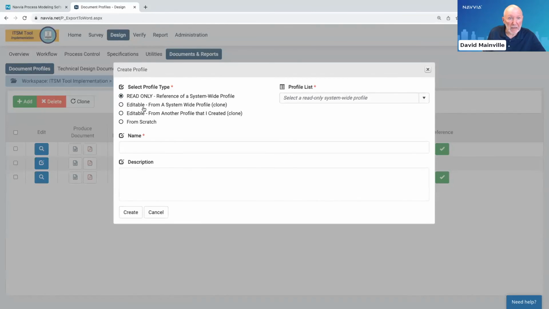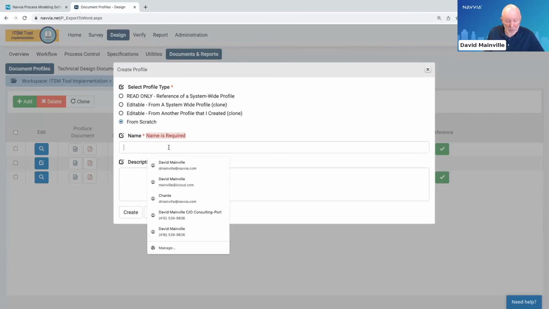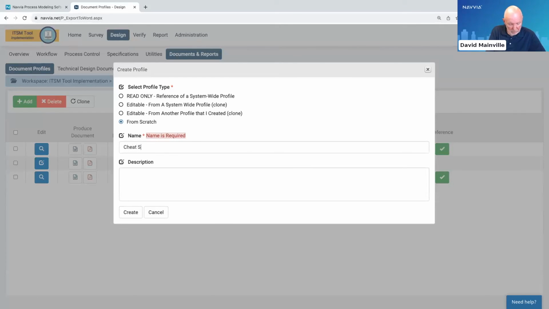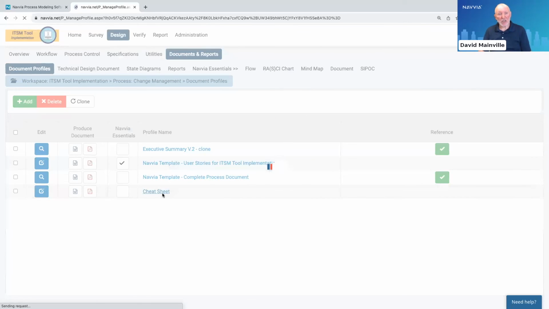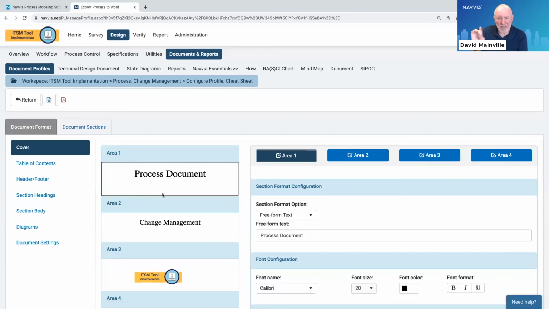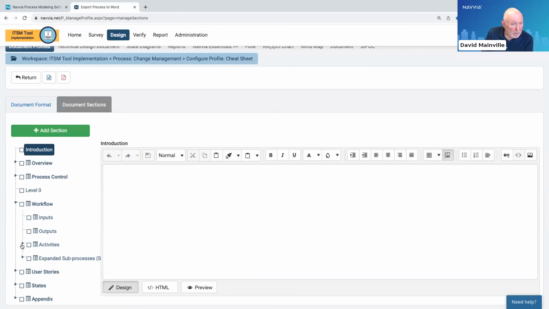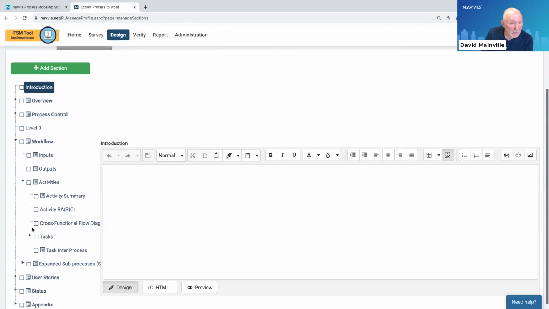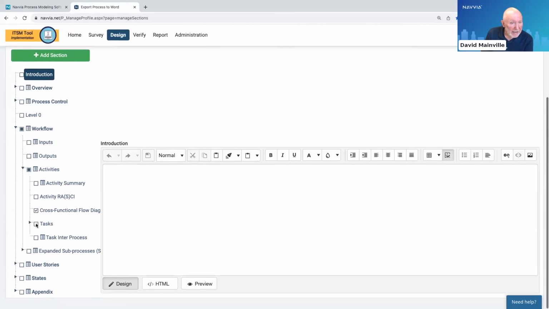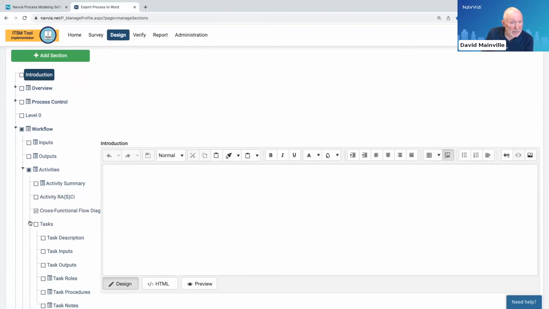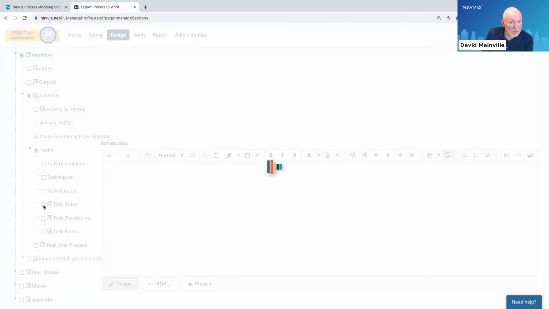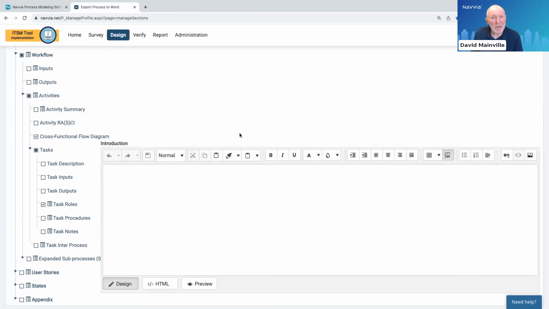I can create a template from chat. I'll call it cheat sheet. Create it. Then in the cheat sheet, I might say, okay, I want something very, very simple here. I'm just going to go in and I just want to have, let's say, my flow diagrams. And from a task level, I want the task rules. Okay, very simple. So now this document,